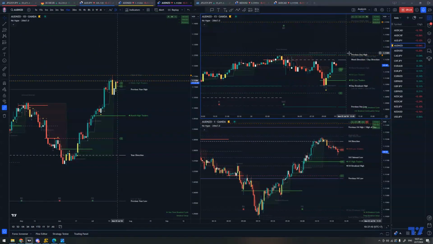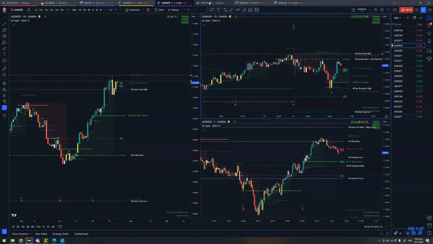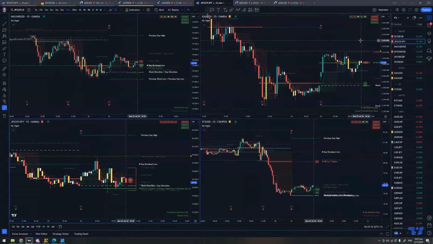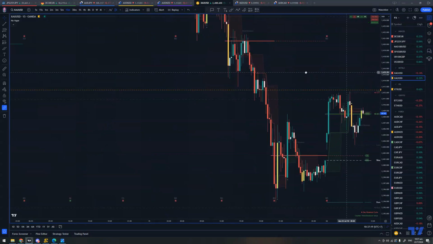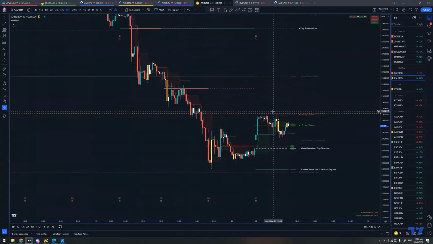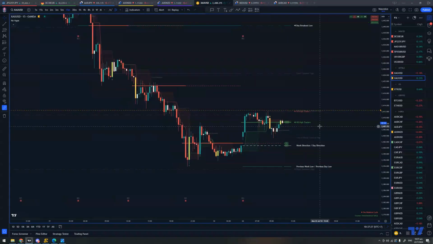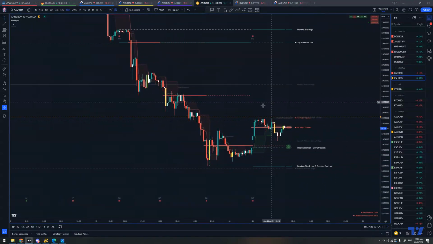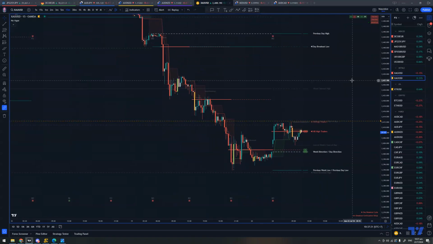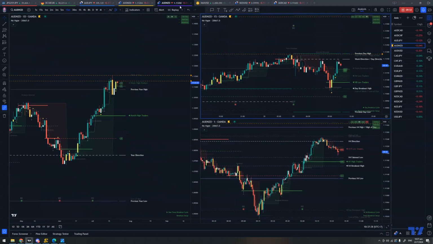So the only other pair that I look at in Asia is gold. And gold, I liked what gold was doing. It had a breakout day, so I'm bearish, and I wanted to sell at the high of the day, but I just didn't like this structure, and I prefer to trade gold in New York instead. So I didn't take gold, and yeah, those are the trades I took,